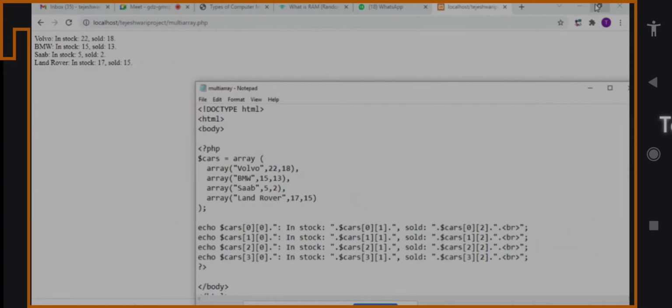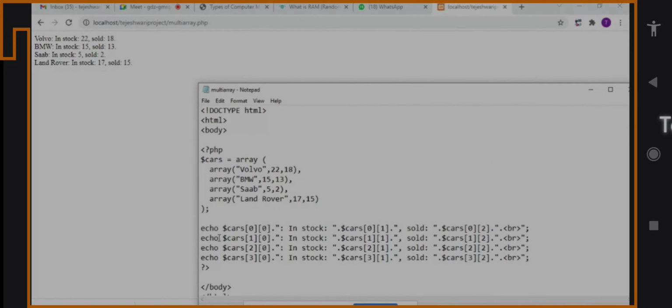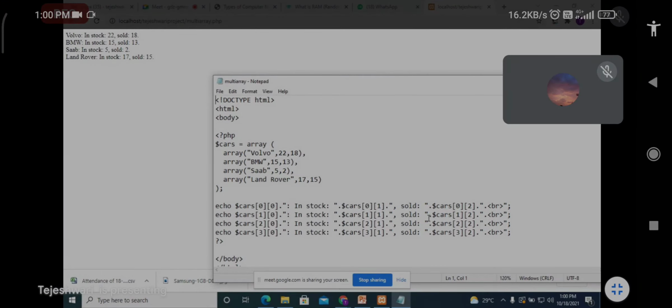If you see the code, what I said: echo $cars[0][0]. What is the [0][0] position? That is Volvo. So Volvo will be printed. Colon, dot just concatenates. Then there is a colon, so the colon will be printed. Then in stock will be printed. Colon. Then it will take the [0][1] value. What is the [0][1] value? That is 22. 22 will be printed. Next, comma will be printed. Next, sold colon, then $cars[0][2]. What is the [0][2] position? That is 18.